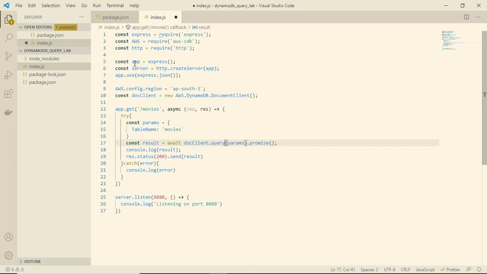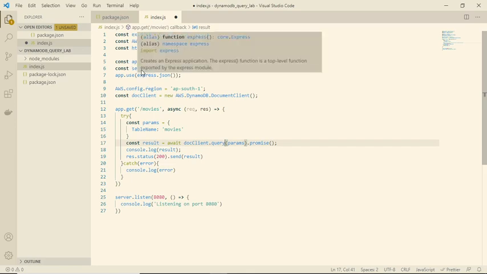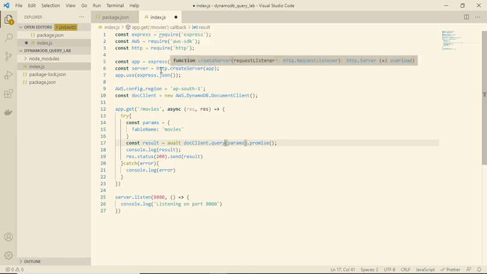Here I created an Express application and an HTTP server, and I configured my AWS region. With the help of document client, we will execute our DynamoDB scan queries.